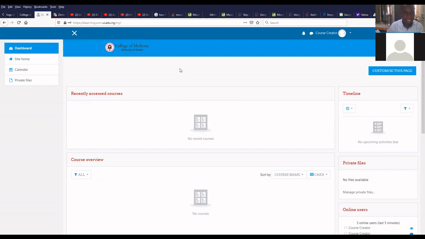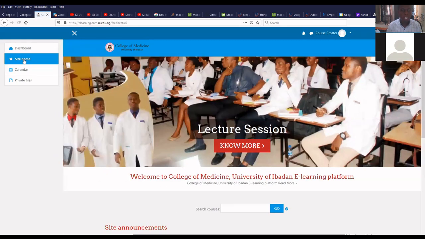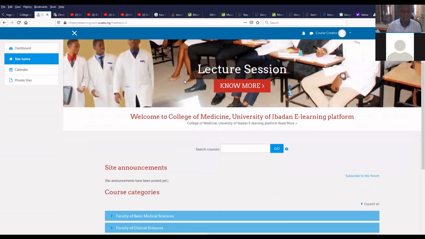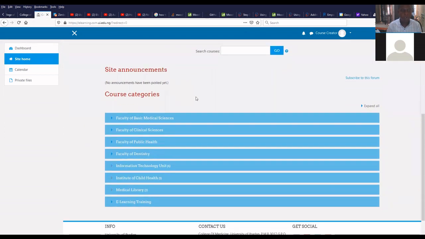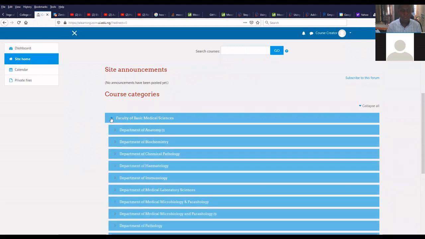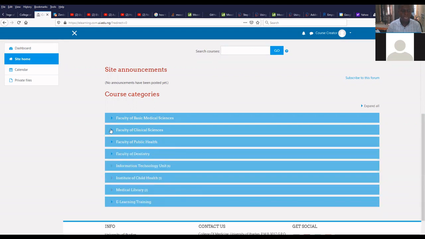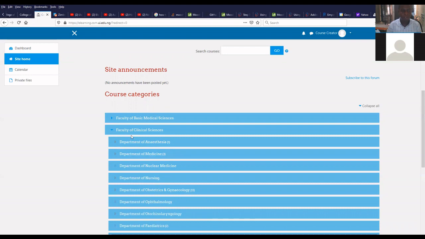Now, if I want to create my course, the next thing I do is click on Site Home. Most of us belong to one faculty or another, so click on your faculty. If you see a page similar to this, click on your faculty. When you click on your faculty, look for your department. If you have been linked as a course creator for your department,